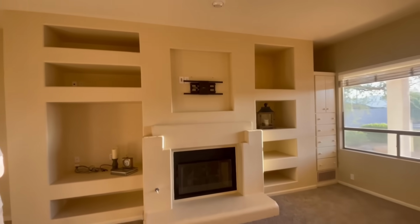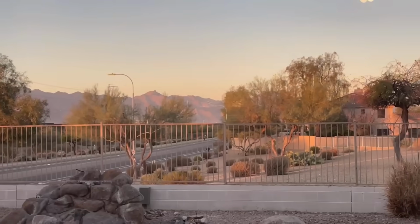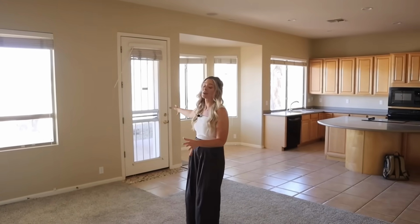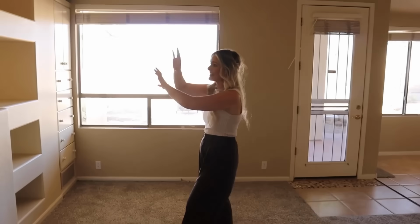So not only do we have a view, but we get beautiful sunsets over these mountains, and they also light up so beautifully during sunrise. So I am so excited for this. The plan eventually is to take this window and door out and make this one giant slider to really capitalize on the view. Something that we're planning to do in phase one of the renovations is this entertainment